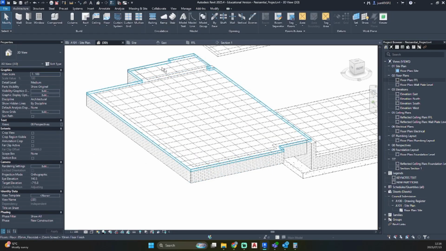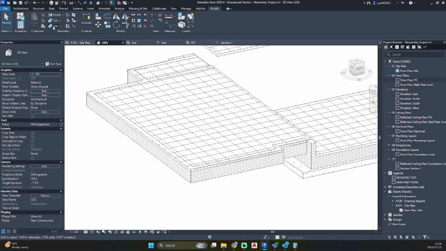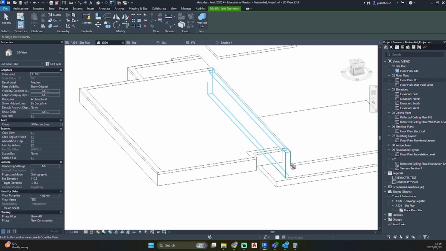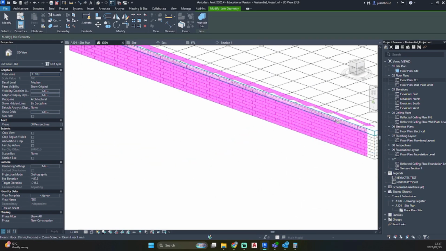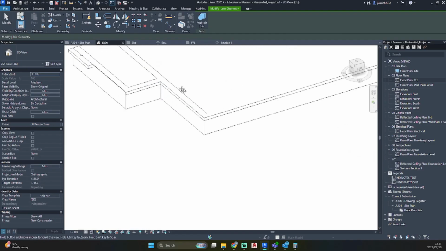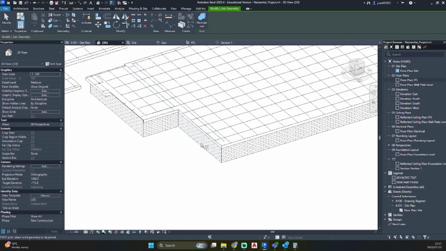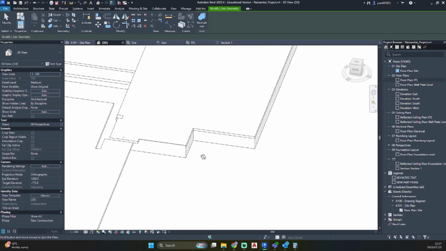So now let's clean up our joints for the floor and the wall connection. Let's go to Modify in our top ribbon, click on Join, select the wall, select the floor, and let's just do that for all our new walls that we have created. If you do this as you go, then there's a lot less cleanup work when it comes to drawing your sections.